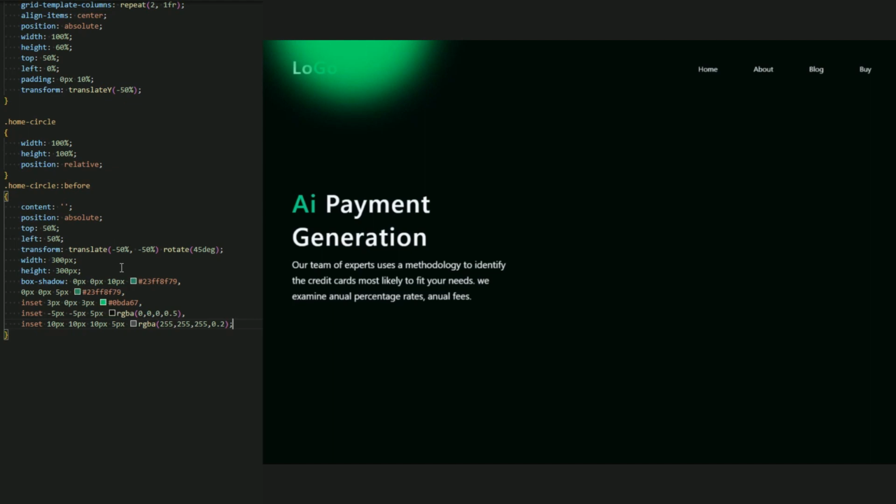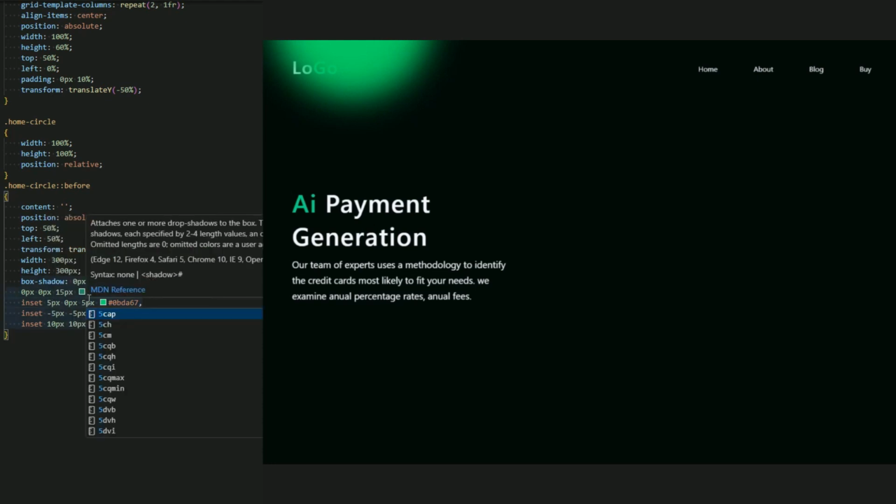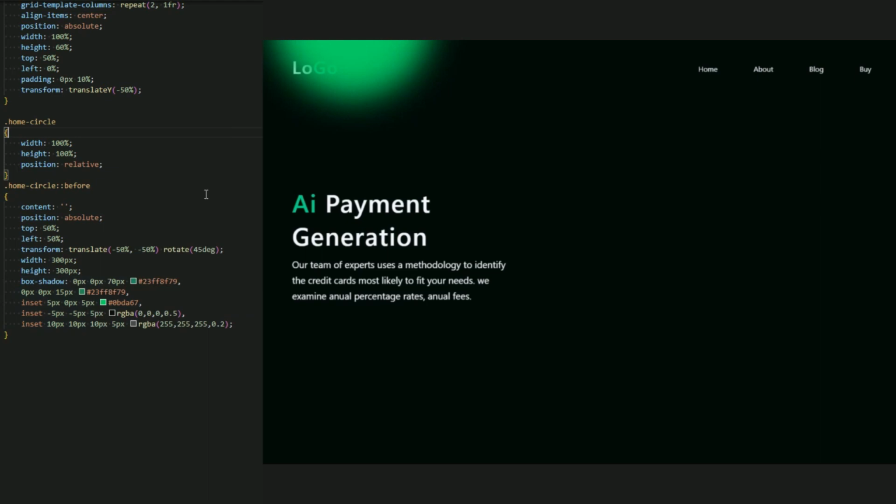And let me add a little more inset. Let this be 70 pixel for this circle, and this be 15 pixel, and yeah, 5 pixel, and let me add again, copy and paste it, one more inset.